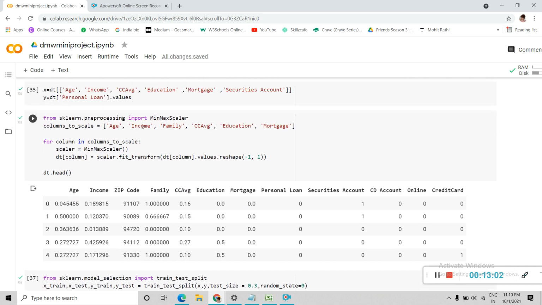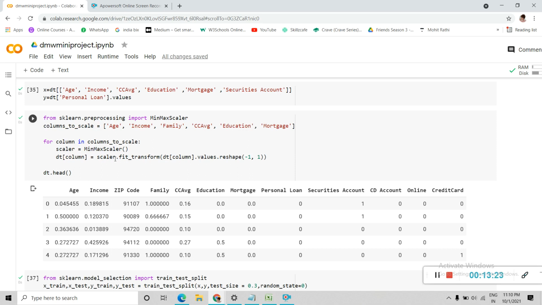Now we'll import MinMaxScaler from sklearn.preprocessing, and in columns to scale we have age, income, family, CC average, education, and mortgage, same as above. For columns to scale, we have given the scaler as MinMaxScaler.